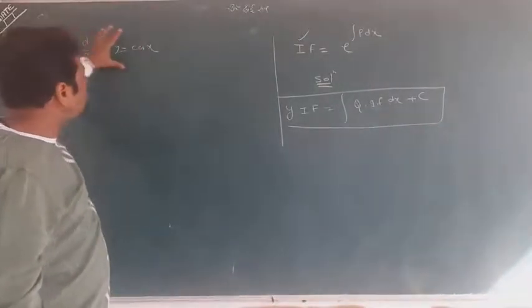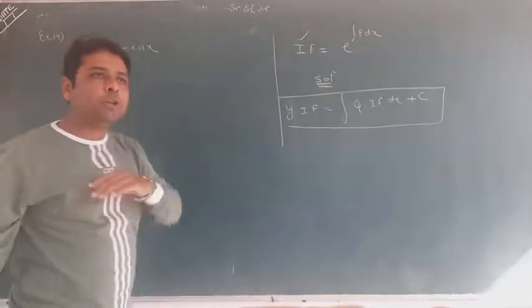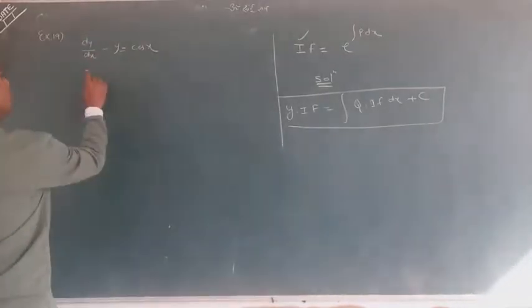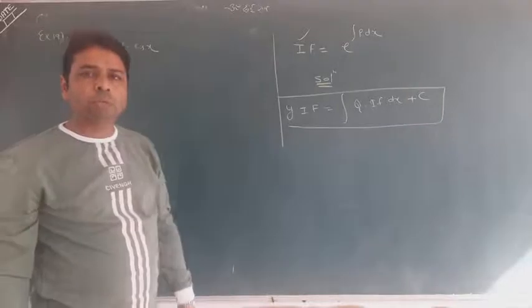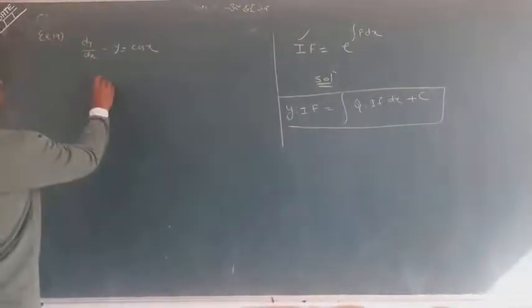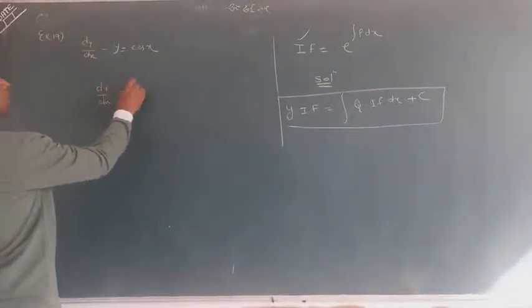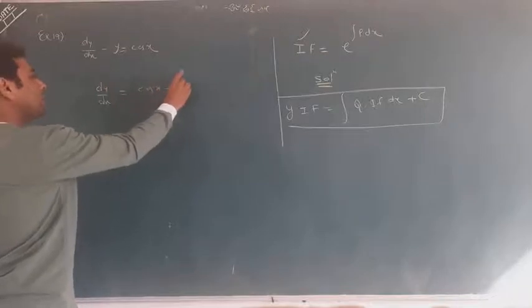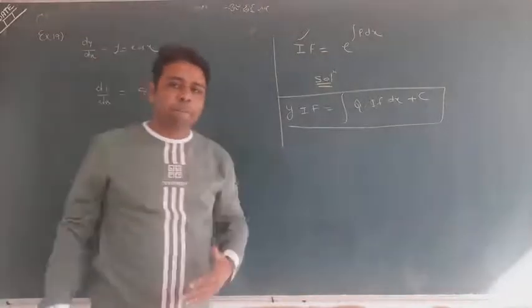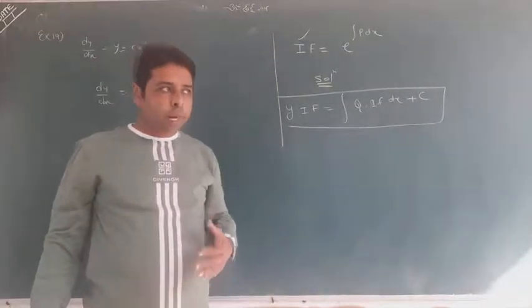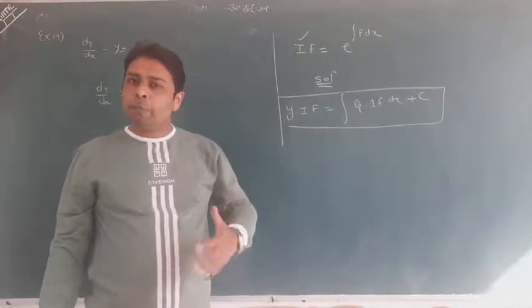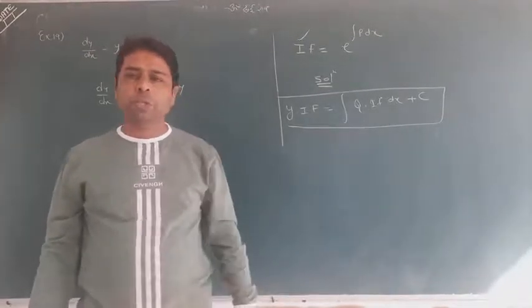Now first of all, look at the pattern, and I am telling you lots of things. Whenever the question is in front of you, first you write dy by dx separately, and you write cos x plus y. Now think from the beginning whether variable separable can be used here.